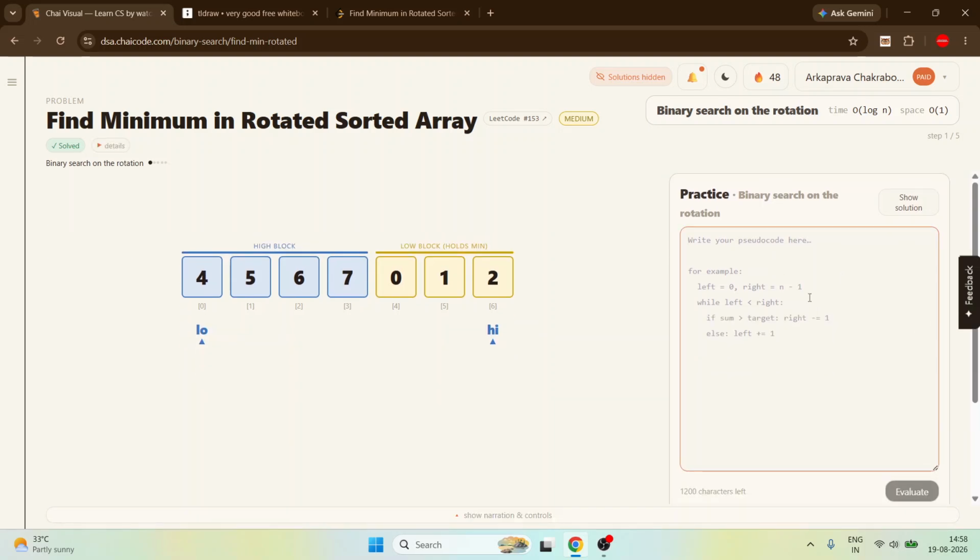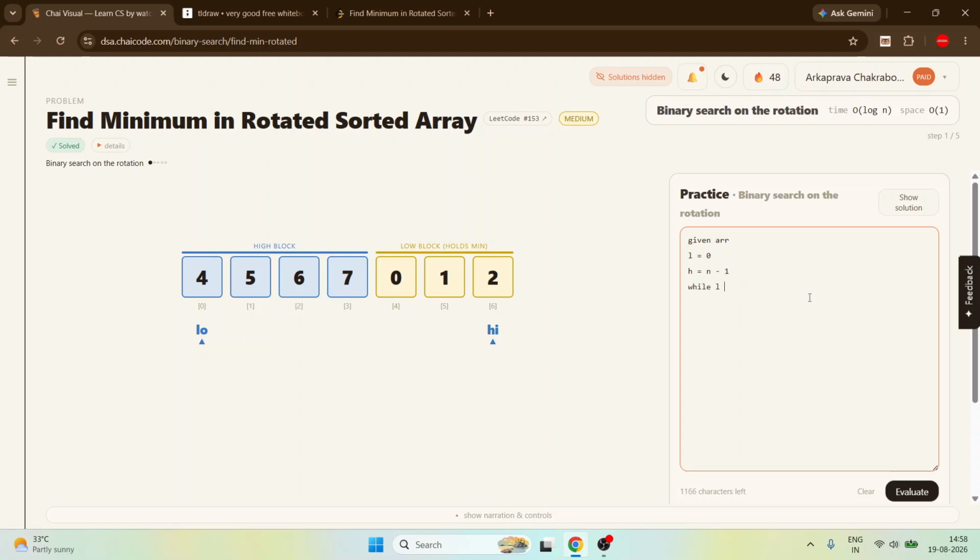So we are actually given an array. Take L starting from 0 and take R, which is starting from n minus 1. Now take it left and right or low and high as you wish.